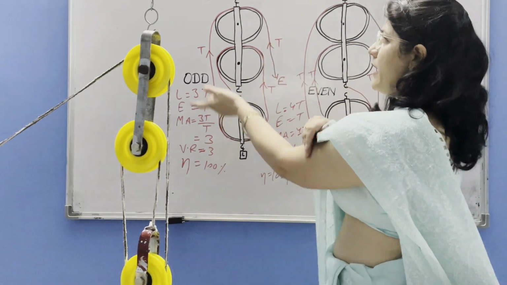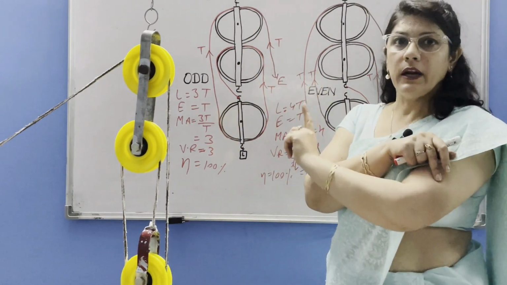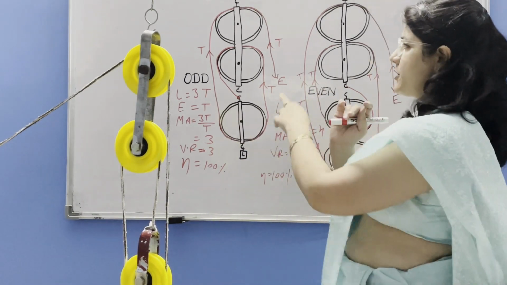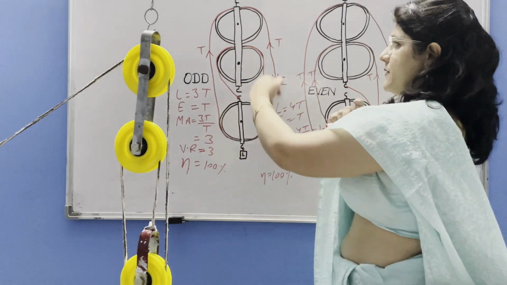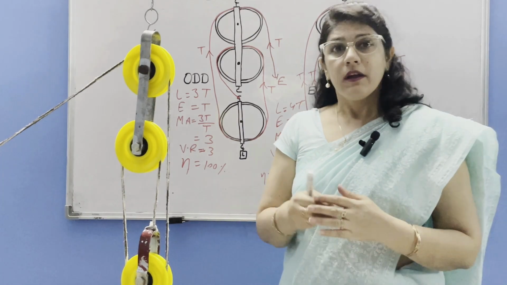the lower block and rotate like this. Effort will automatically come in the downward direction. If you have any doubt, you can start the string in the opposite direction. You can start from here, effort in the downward direction, and then rotate like this. Then rotate like this, then even then you can make it correct.